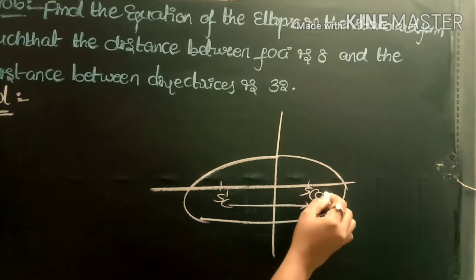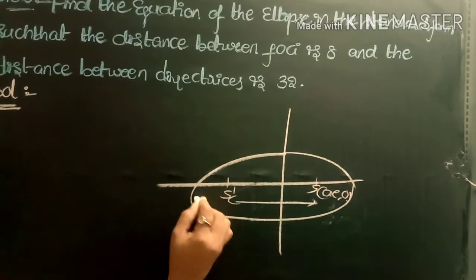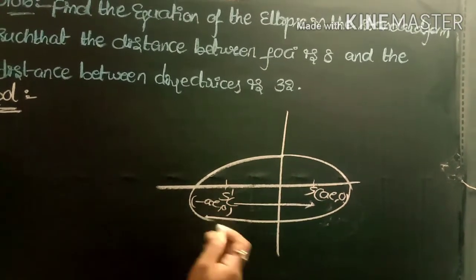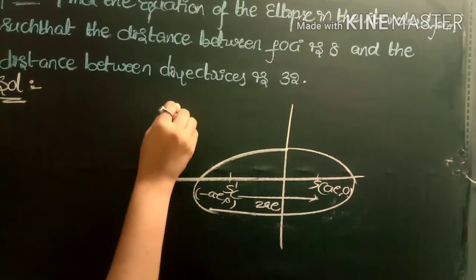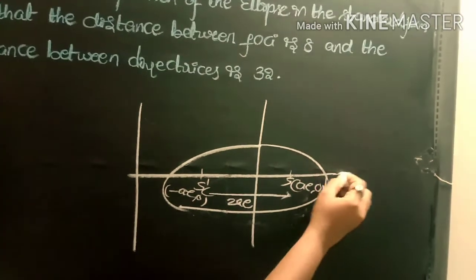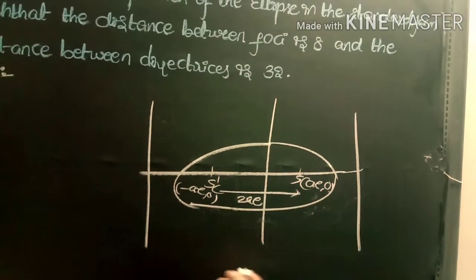That is, this point is (a e, 0), this point is (a e, 0), and this is (-a e, 0). So clearly the distance between these two points is 2ae. And also given that the distance between the directrices, the distance between these two lines, is